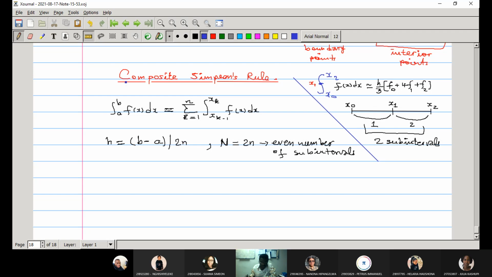You see, if I take that capital N, I divide by 2. The number of subintervals, if I take this number of subintervals, N, because I already indicated here that N is the number of subintervals. If I divide it by 2, it gives N, and this N